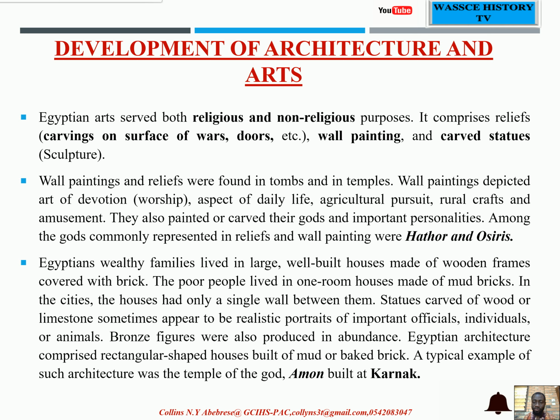Statues carved of wood or limestone sometimes appeared to be realistic portraits of important officials, individuals, or animals. Bronze figures were also produced in abundance, and these things are common to Ghanaian society. Egyptian architecture comprised a rectangular shaped